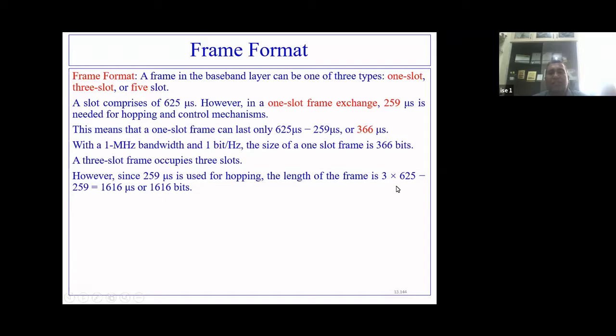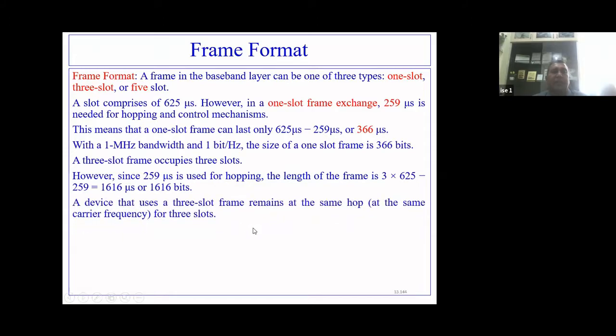Since each time slot is 625 microseconds, a 3 slot frame is 3 into 625, but since I subtract the 259 microseconds, I can send 1616 microseconds. That means per microsecond I can send 1 bit, so 1616 bits can be sent at a time, right?